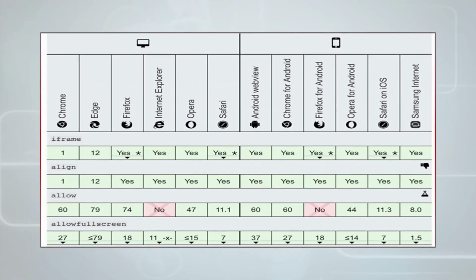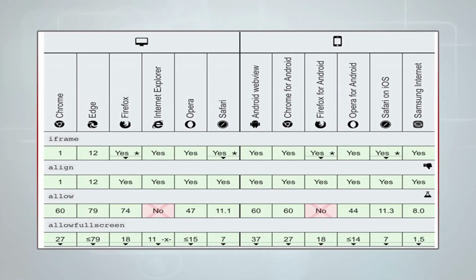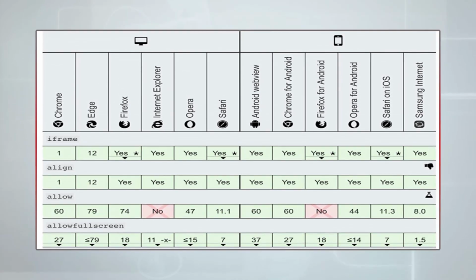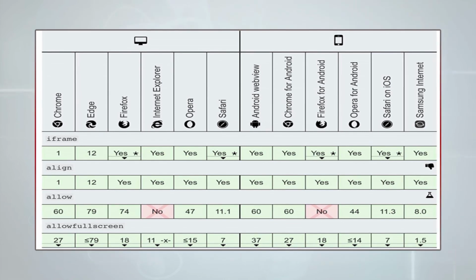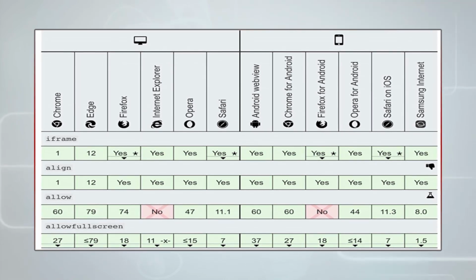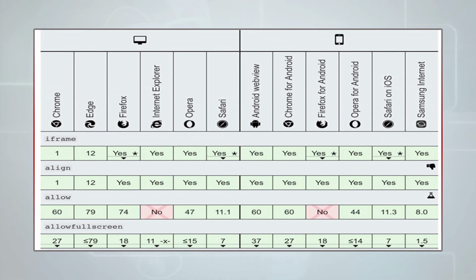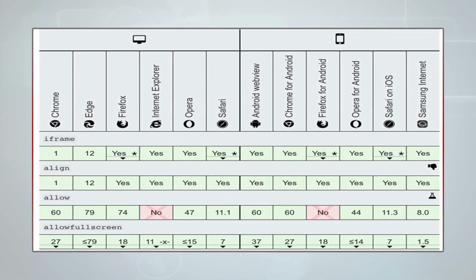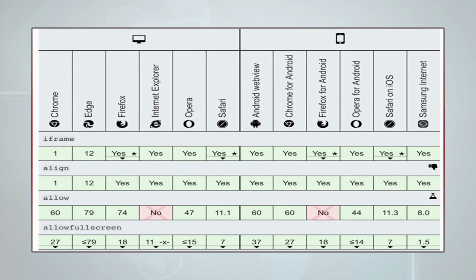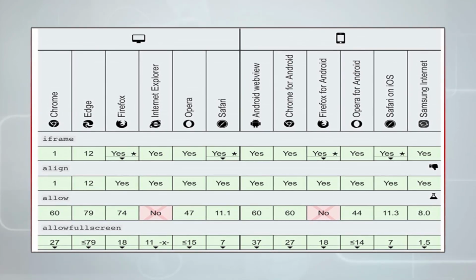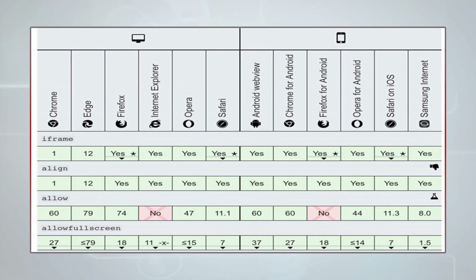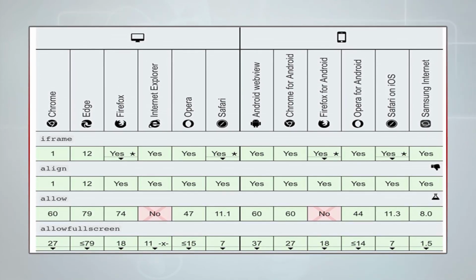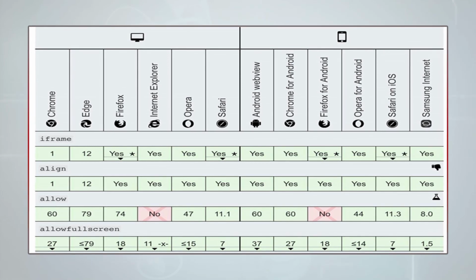So if you consider the iframe, it is supported in almost all the browsers. For example, let me just read out the browsers. One is Chrome, the other is Edge, the other is Firefox, then you have Internet Explorer, Opera, Safari, Android WebView, Chrome for Android, Firefox for Android, Opera for Android, then you have Safari on iOS, and then you also have Samsung Internet in case you are having a Samsung smartphone.